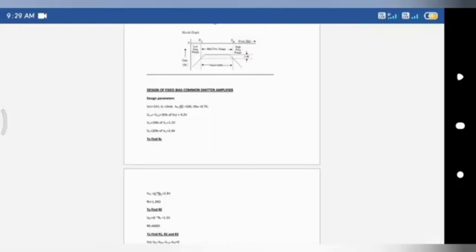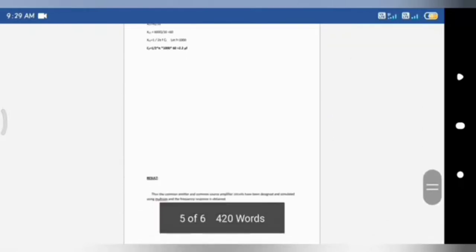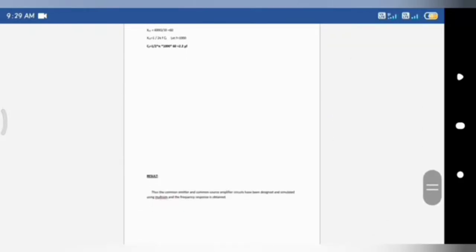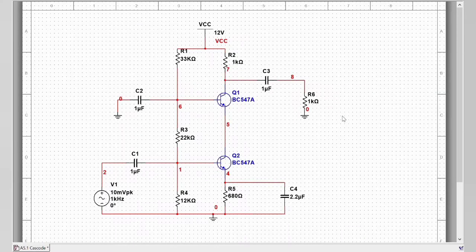The design of the cascade amplifier is shown here, and next we are going to simulate this cascade amplifier in the Multisim software. I have used two transistors called Q1 and Q2, which is BC547A, and the emitter of the Q1 is connected with the collector of the Q2, and the collector of the Q1 is connected with the resistor R2, which is 1 kilo ohm, and R1 and R2 are connected parallel, whereas R1 is 33 kilo ohm and R2 is 1 kilo ohm, and both are connected with the